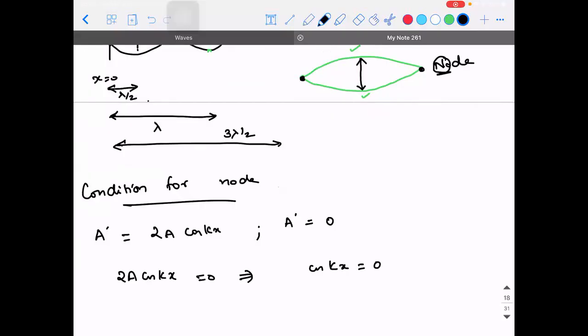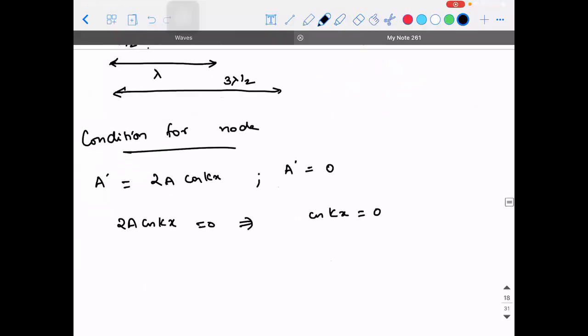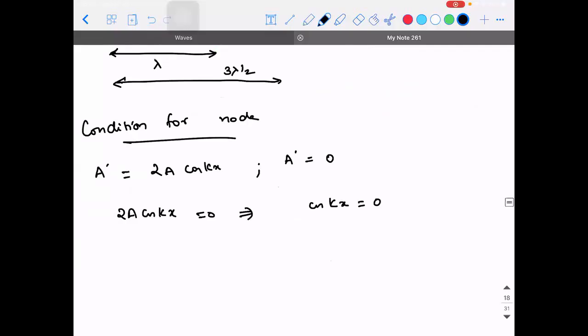Tell me, what are all the values at which cos gives you 0? What should be the value at which cos gives 0? 90. Yes. It is 90, 270, right? So where will cos give you 0? It will give you 0 on the y-axis. Once you cover 90 degrees, cos 90 is 0. Once you cover 270 degrees, cos 270 is 0. So 270, again you add a 180. How much is it? 450?